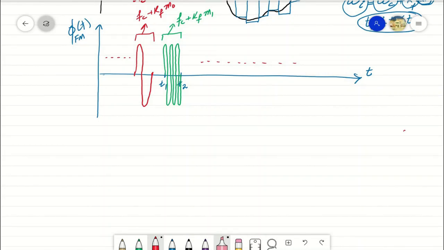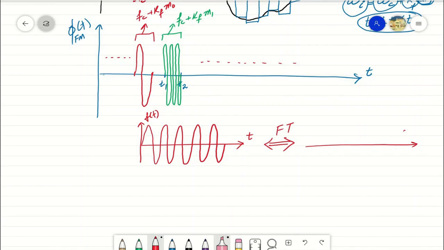The spectrum of this modulated signal consists of the sum of the Fourier transforms of these individual pulses or individual sinusoid waves for each block, where the Fourier transform of a certain sinusoid which has a limited time duration is a sinc function. For example, if we have a sinusoid signal in time domain of a certain frequency, the Fourier transform of this signal is an impulse positioned at the frequency of the sinusoid. For example, if its frequency is f1, we will have an impulse positioned at f1, and the mirrored image of the positive frequencies will be seen at the negative frequencies.